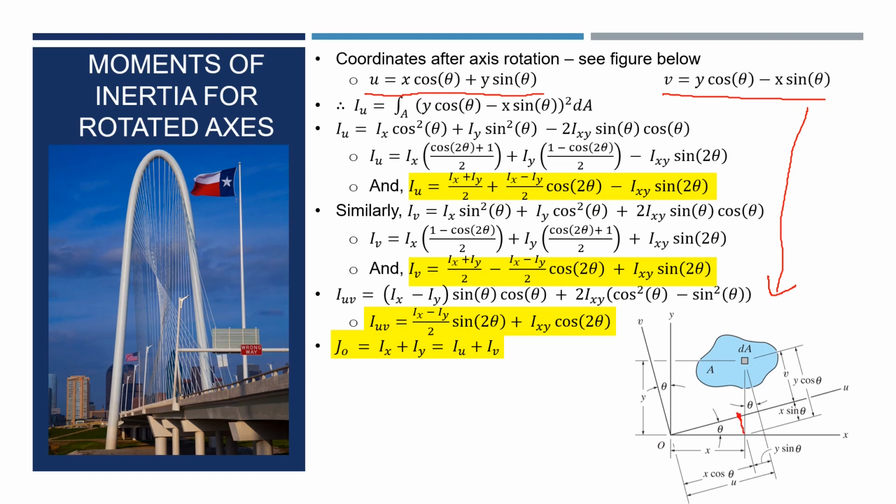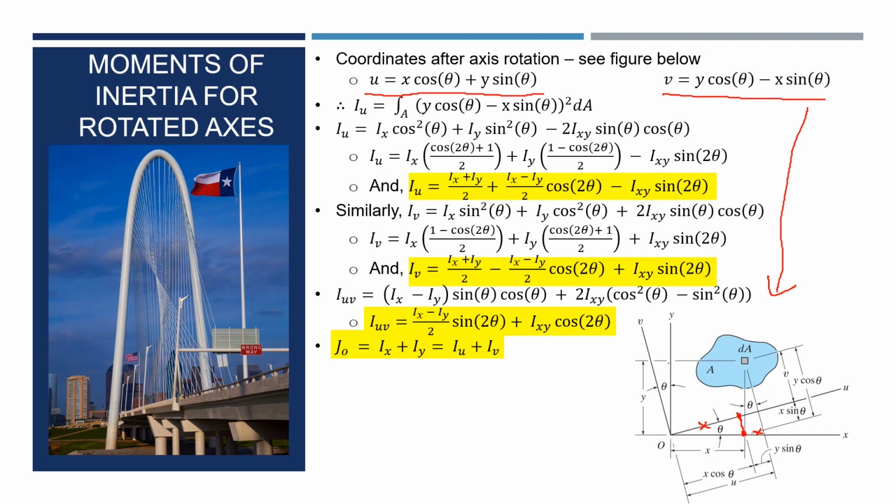The x coordinate times the cosine theta is this line segment. And the y coordinate times the sine of theta gives us this line segment right here. So we add the two together. Similarly for the y-axis, y cosine theta, so here's theta, and